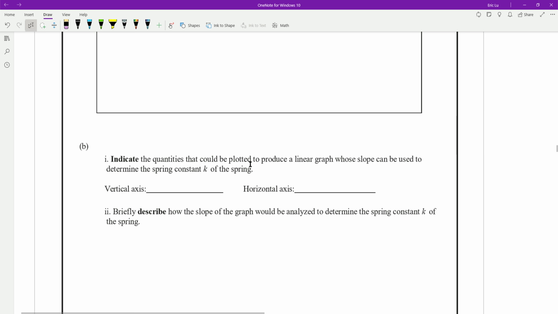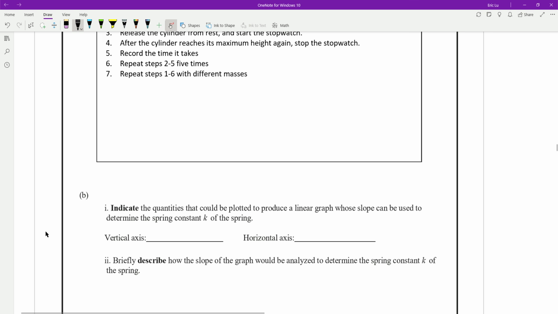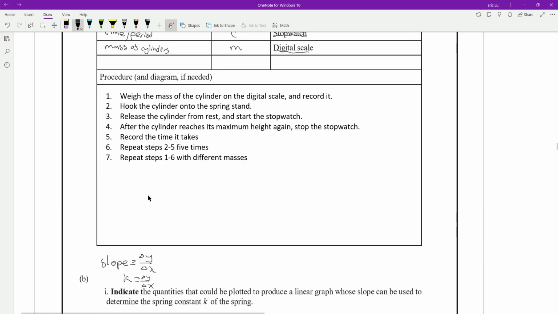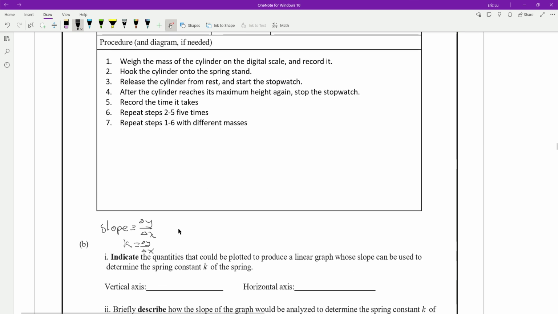So indicate the quantities that could be plotted to produce a linear graph whose slope can be used to determine the spring constant k of the spring. Okay, in order to do this, we know that slope is delta y over delta x. So if k equals delta y over delta x, then we need to find delta y and delta x using this equation. So T equals 2 pi root m over k, and we would manipulate it